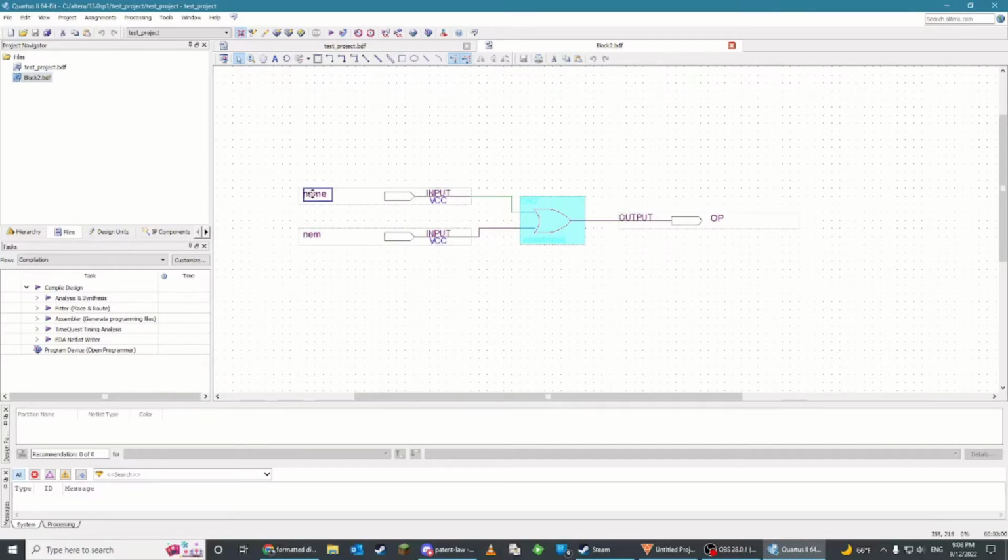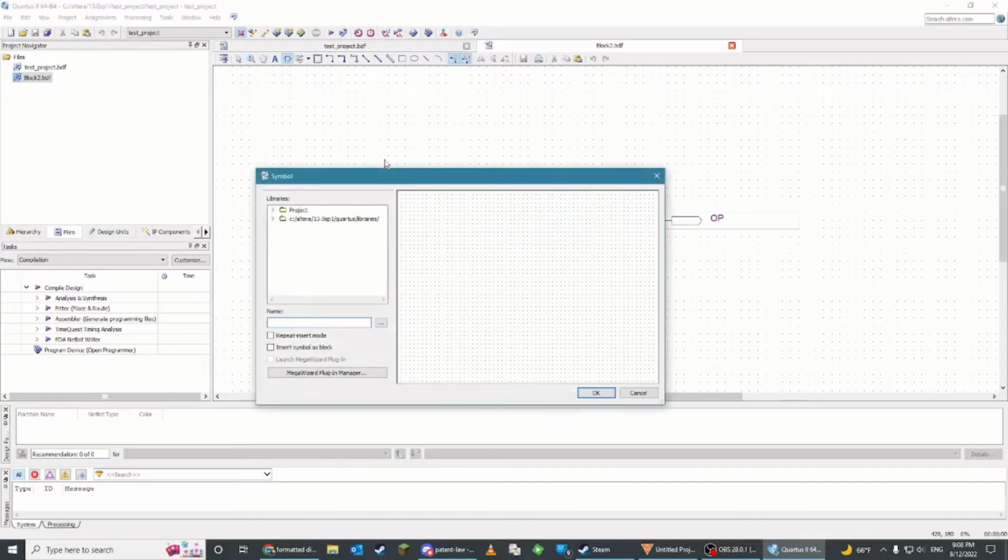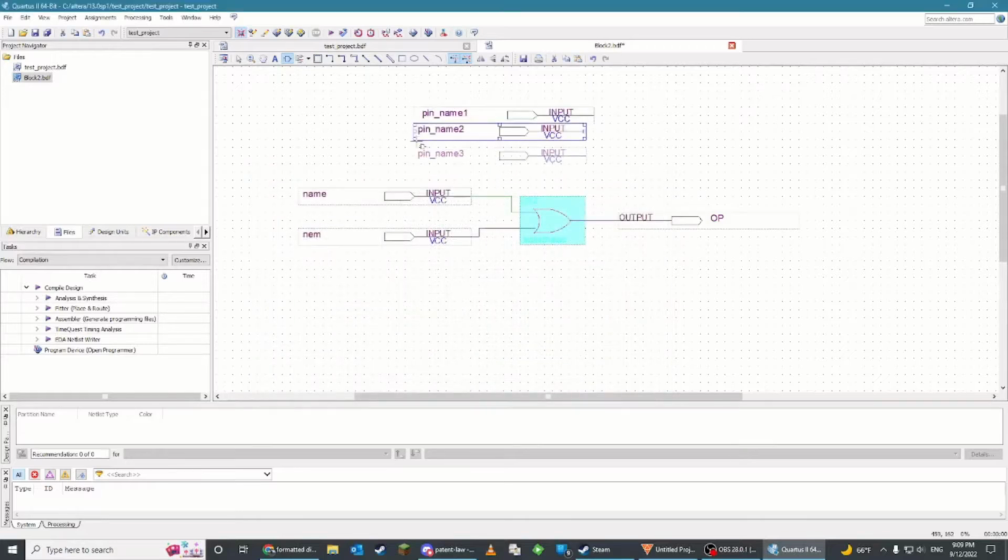Your names are normally going to be something like, well, let's see here. Let's type in a name. First of all, if you type in a name, it'll actually pop up. You can click on repeat insert mode right here, and you can go click, click, click, a bunch of stuff. Renaming things is very important because when you go to assign your pins later, you're going to have a list of these things and you're going to see pin name 1, pin name 2, pin name 3. You're not going to know what that is. So you're going to want to have things named correctly. Like, let's